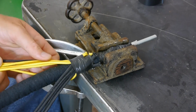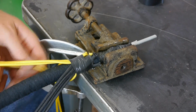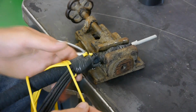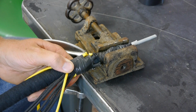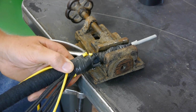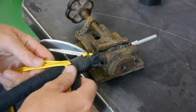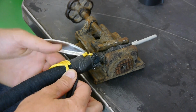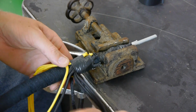Step number 3, we'll start plotting the 12 plots, and you'll take one of the longest outer strands, and you'll go behind, under 3, over 3, and then you'll take the other side, do the exact same thing, and going behind, and then you'll go under 3, over 3. And that's how you do the 12 strand